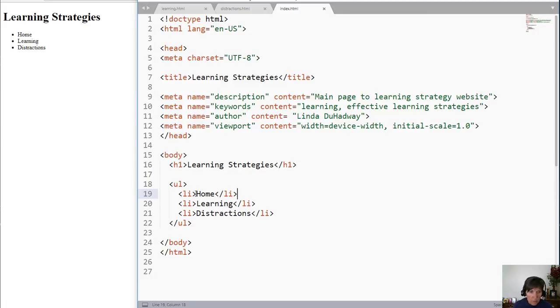So now I want to make these A tags. So I'm going to put an opening A tag and a closing A tag before and after each of these links. Notice that the A link goes inside the LI. Okay, so there we've got them all on there. And now they're links, but we know that we need to have some attributes, right? But on this one, we're going to do the href attribute,